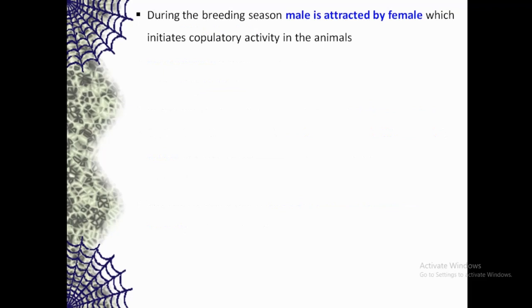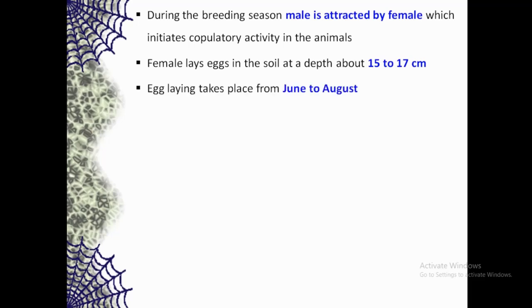During the breeding season, the male Calotes is attracted by the female, which initiates the copulatory activity in the animals. The female Calotes lays eggs in the soil at a depth of about 15 to 17 cm. The egg laying in Calotes takes place from June to August. The Calotes female being oviparous, it lays about 10 to 12 eggs,